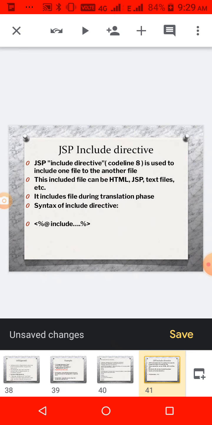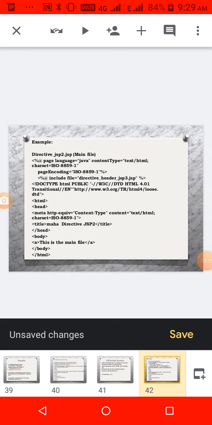And then the include directive. Include means we are calling some other JSP page into our main page. For example, see here in the third line, include file equal to some other JSP file name you have to write, if you want to add some other file inside your file. This is the main file.